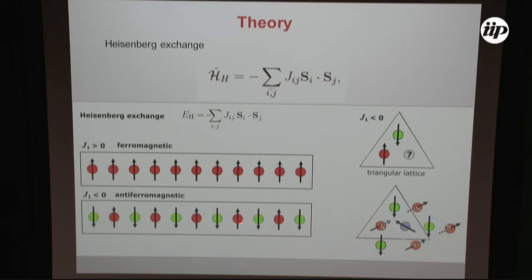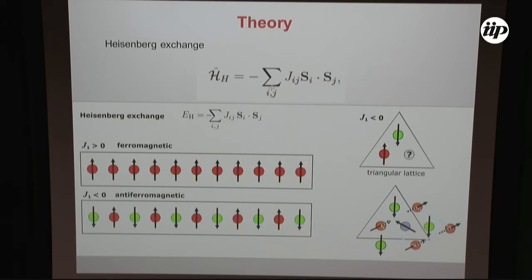Okay, so the theory is very trivial. Ferromagnetic and antiferromagnetic cases are, at least for classical spins, very easy to understand, but already at the classical level, if you have Ising spins, you get this typical frustration situation. Of course, if you have Heisenberg spins, or let's say vectors instead of Ising-like spins, then you can relieve the frustration and find a ground state, which will be these 120-degree states.